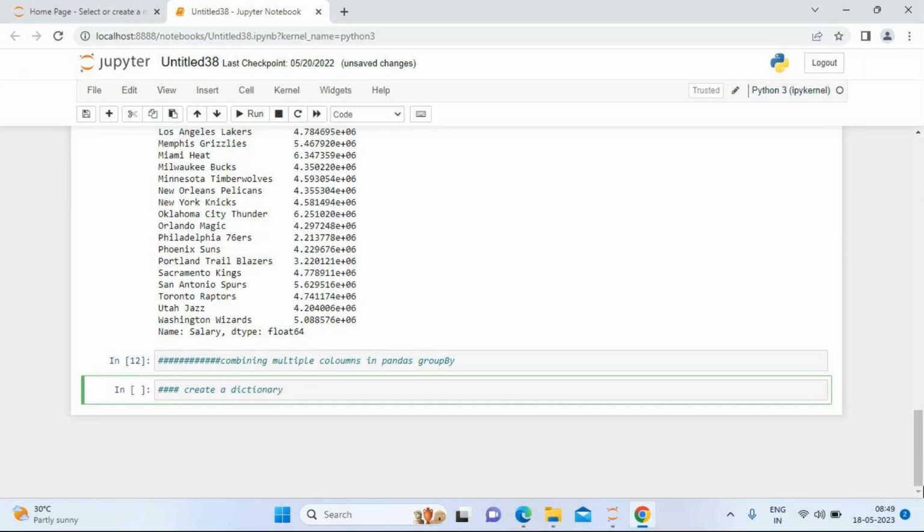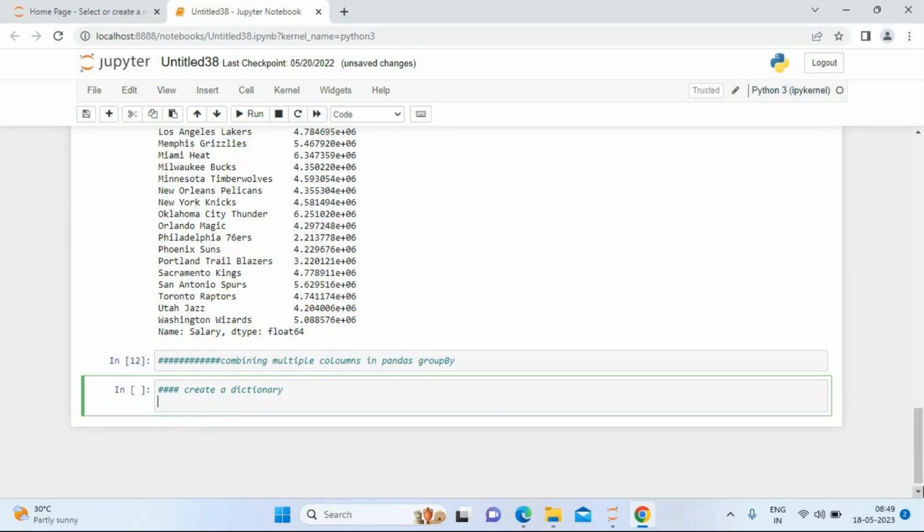Create a dictionary. Okay, what can we keep for the dictionary? Okay, dict is a variable name equal to. You can use curly braces to create a dictionary, and then you can have something like